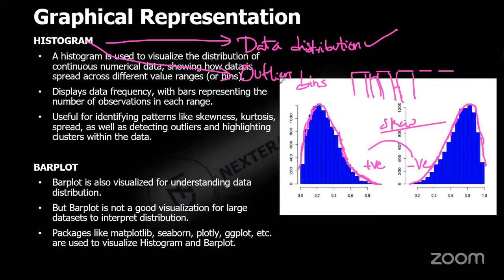We are not sure. With respect to outliers, you cannot say that you are 100% confident that we have outliers on the right hand side. No. But instead of saying it that way, we can keep our statement like this: there might be a chance of outliers. Why are you getting a long tail? Because of some extreme values. That extreme value may or may not be an outlier. I hope you are getting my point. So we cannot confirm outliers by visualizing a histogram is what I'm trying to explain to you.